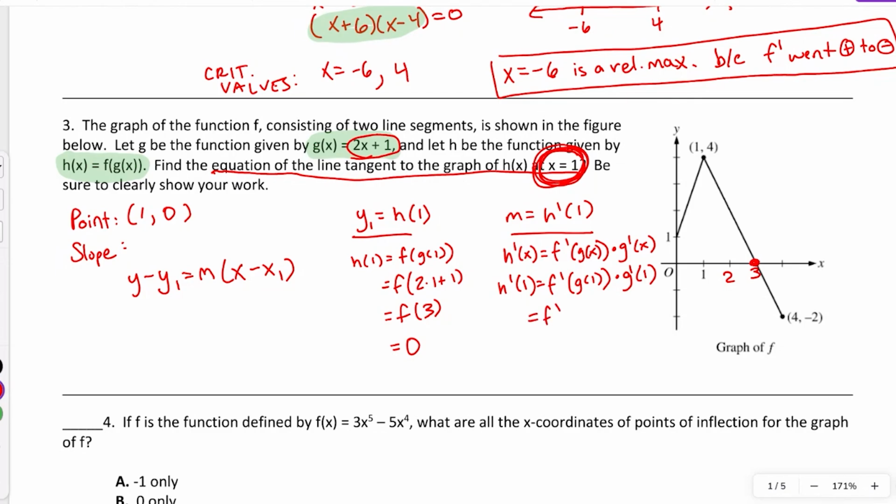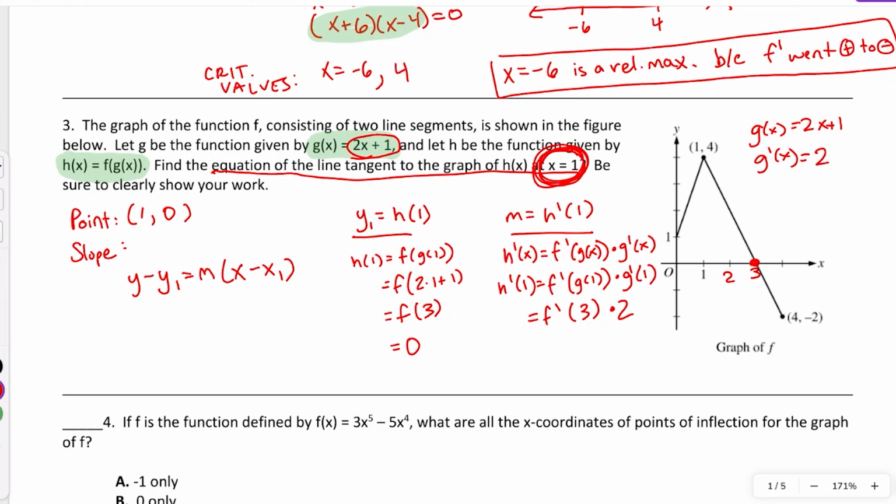Okay, so f prime, we said g of 1 was 3. We found that over to the left when we found the y1. G prime of 1, well, we need to find g prime. Okay, so if g is 2x plus 1, g prime is 2. So actually, it doesn't matter where we're evaluating g prime, it's always going to be 2. So times 2. Now the slope of f at 3, we need to use a little rise over run